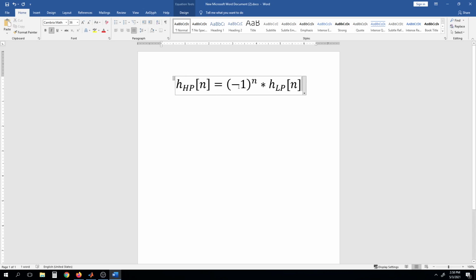That's it. We have to remember this formula. Using this conversion technique, we can now convert our low pass filter code into a high pass filter.